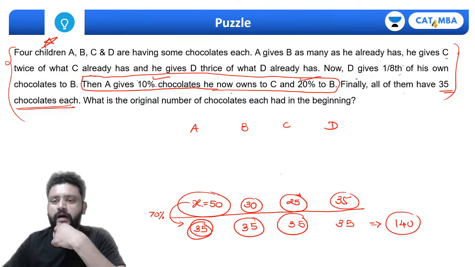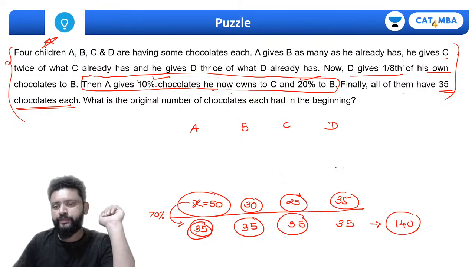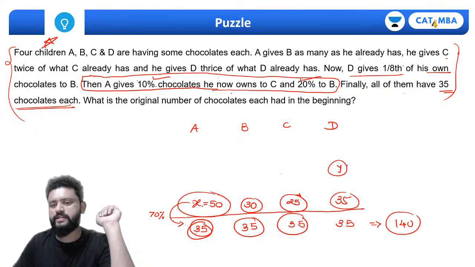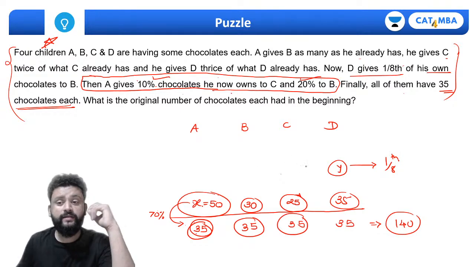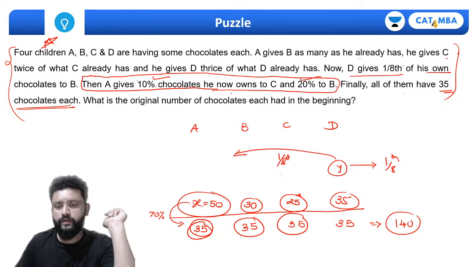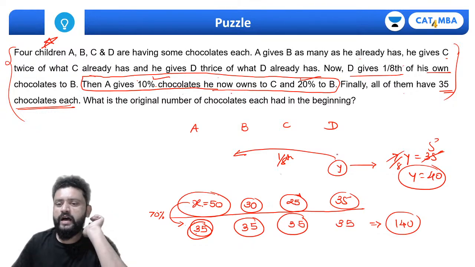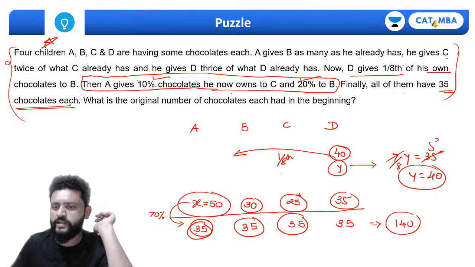ओके, बिफोर दिस स्टेप D gives 1/8 of his chocolate to B. अब इसके पहले जो है D के पास जितने भी चॉकलेट्स था उसका 1/8 उसने दे दिया। 1/8 किसको दिया था? D gives to B. That simply means 7/8 of y is 35. So y has to be 40. यहाँ पे D के पास 40 चॉकलेट्स होने चाहिए।